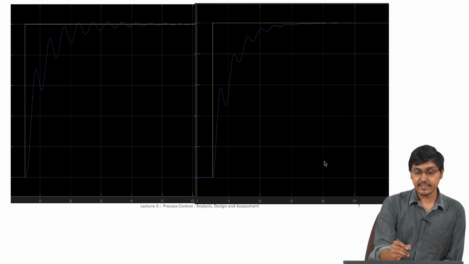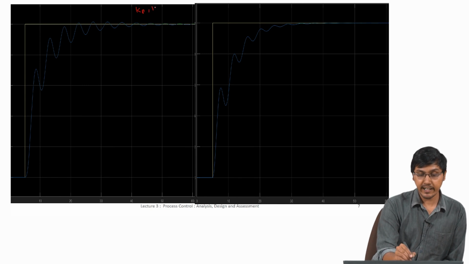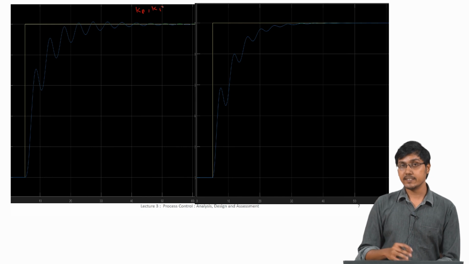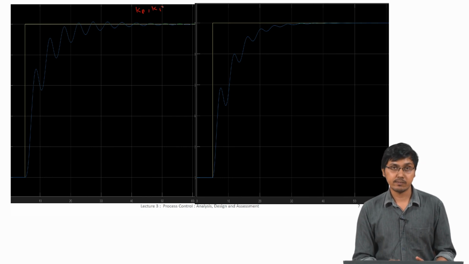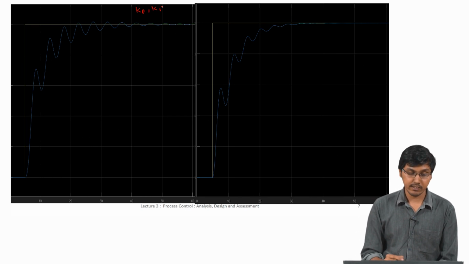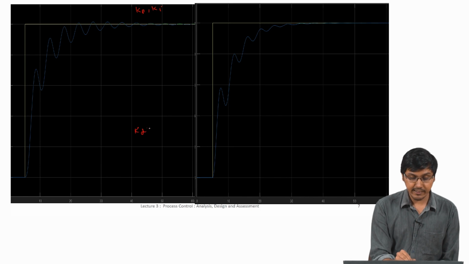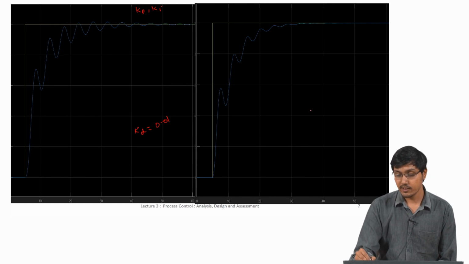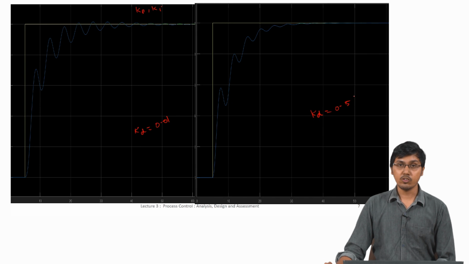In both cases the Kp and Ki are the same. The only parameter that we are going to change is the Kd value, the derivative gain. Here I think this was simulated with 0.01, and this Kd value was 0.5 or something.